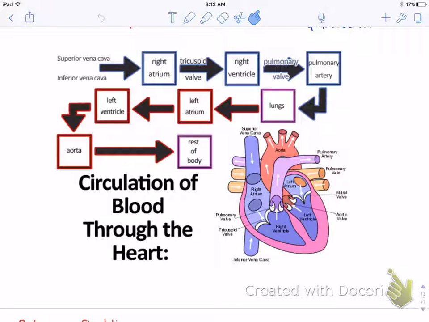You're going to want to know how blood gets circulated through your heart. So you can start anywhere, but this flow chart is going to explain to you how blood circulates through the heart. If you follow this, I want you to notice where everything is occurring. So if we begin with the superior vena cava,